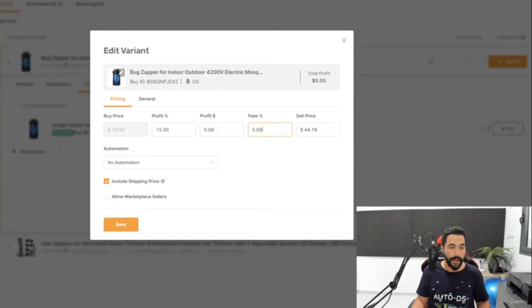So let's head back to AutoDS. And as you see here, the fees are correct. So in this case, if we're paying Facebook 5%, we want to make another 15% profit on top of that. So a product that costs $36.99, which is the case for that bug zapper, we're going to have to sell it for $44.78 in order to make a profit of $5.55, which is a 15% profit margin from the original price. Now, AutoDS is doing all these calculations by itself, but what you do need to do is make sure